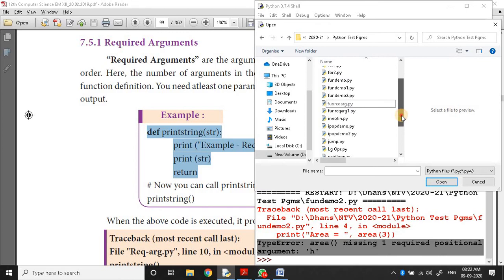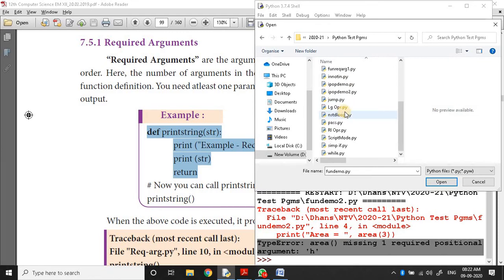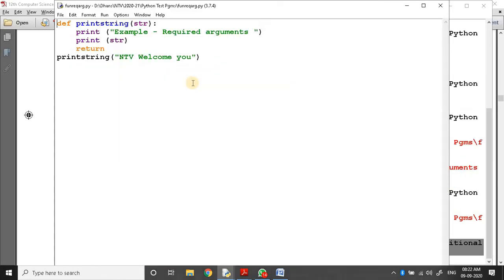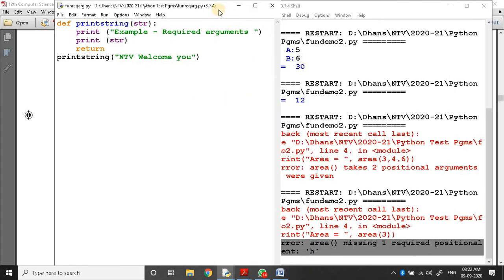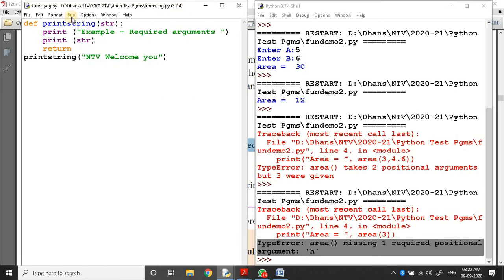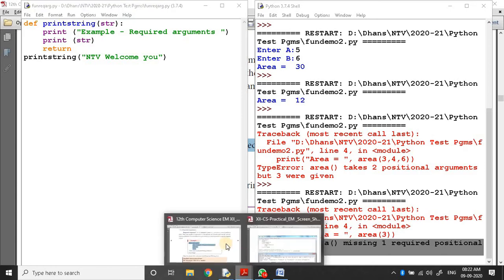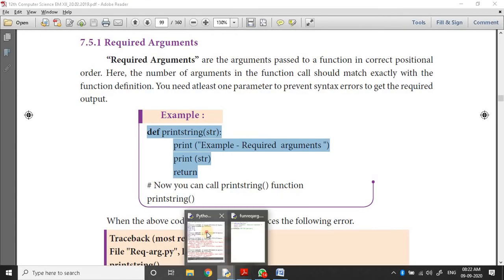Where is it? Function required argument. Okay, open it. You have to correct it like this.